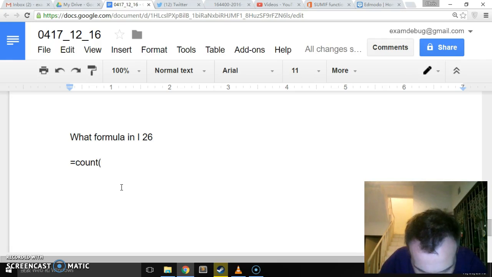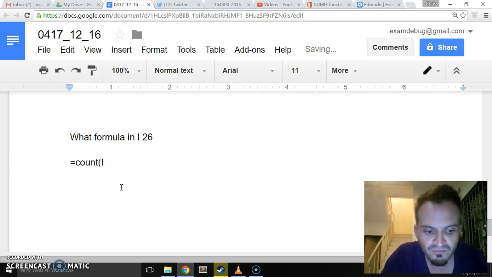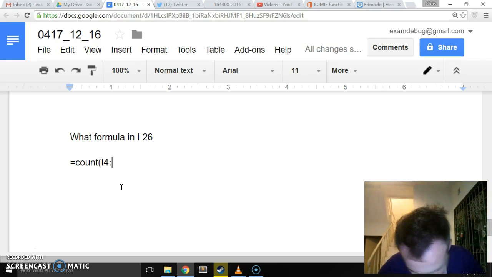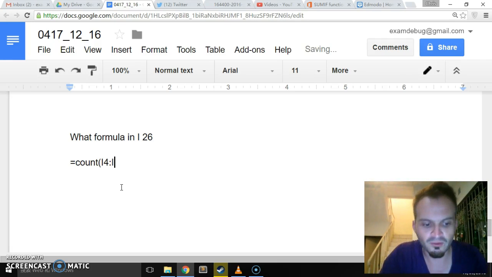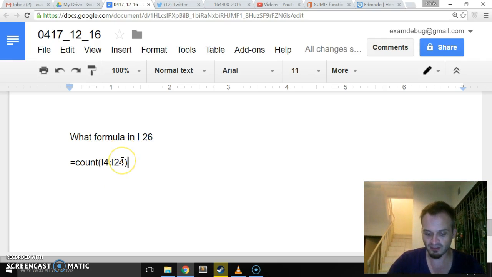COUNT I4 to I24. And that's just saying count the number of entries between I4 to I24, which, I mean, we can see even if we did this here, it would be 21. Yep, so I think that should be it. Simple enough. You'll probably get 1 point for the formula and 1 point for the range, I would guess. Okay,